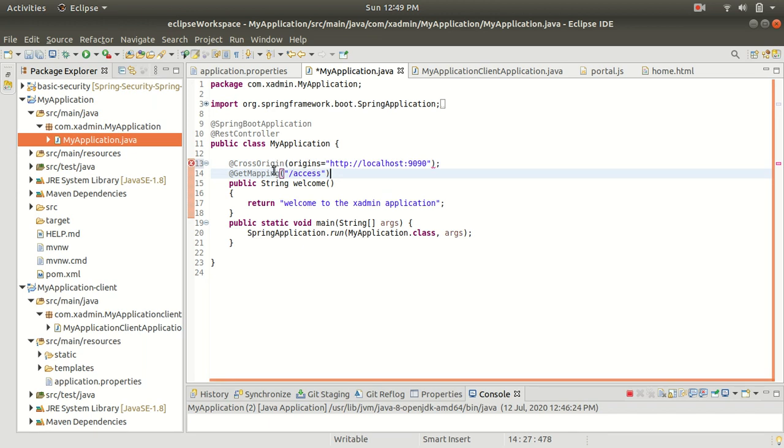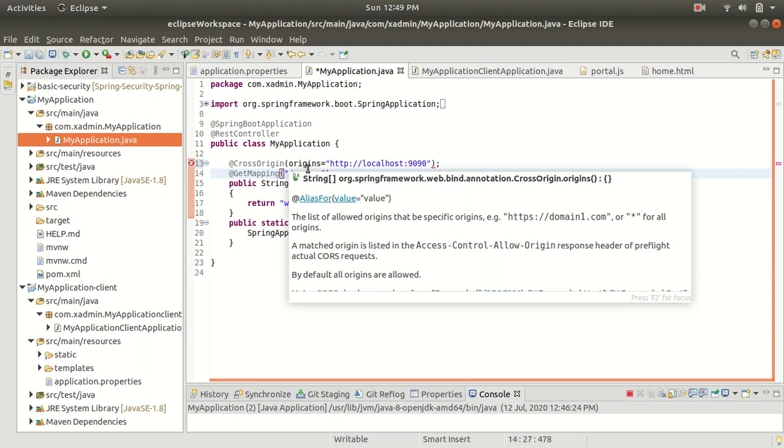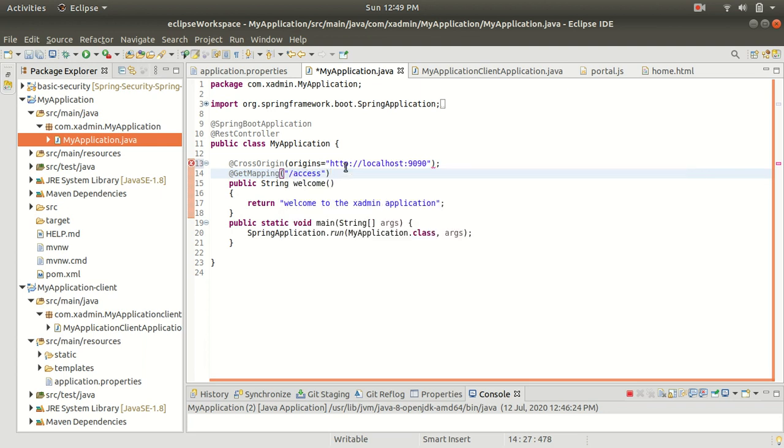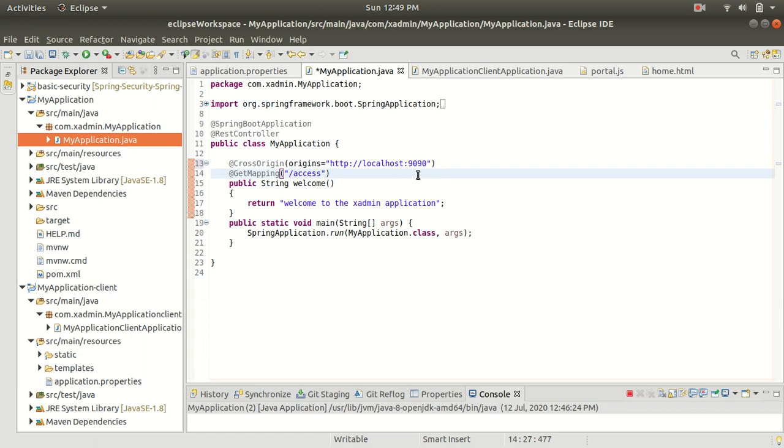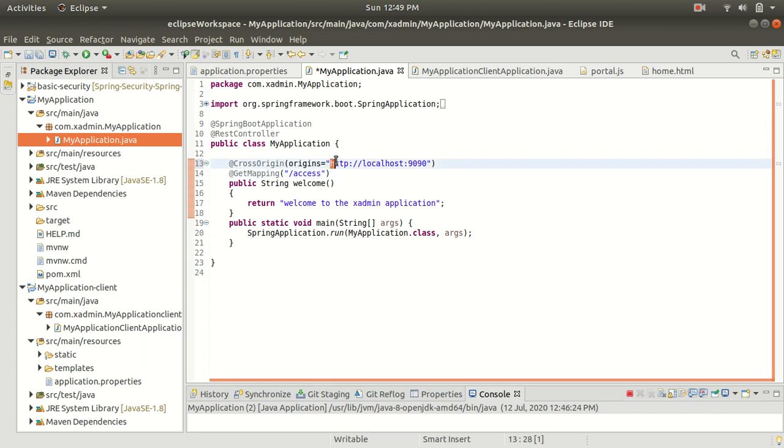Cross-Origin. So let me check it. Cross-Origin and origins equals to http, and here localhost, and then 9090. Alright, so guys, this is the only thing you have to add, the Cross-Origin annotation, and you have to give the URL pattern. I want all URLs with the port number 9090 to get access to my resource. Alright,